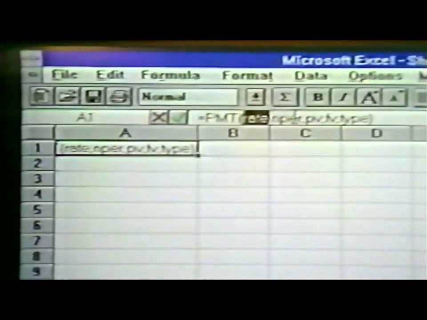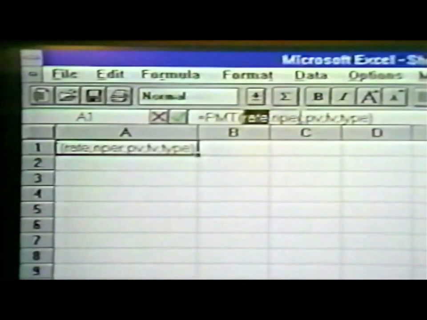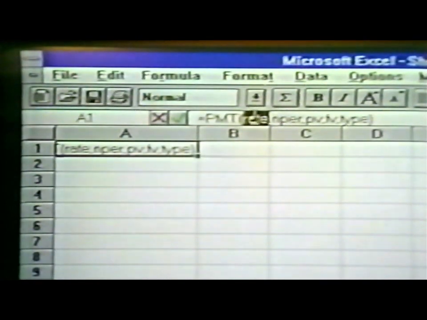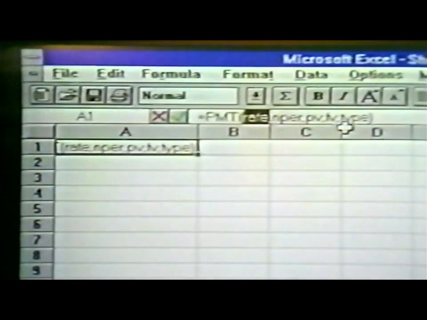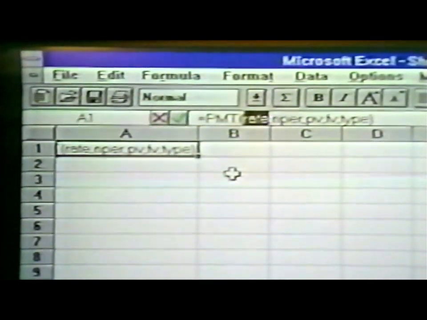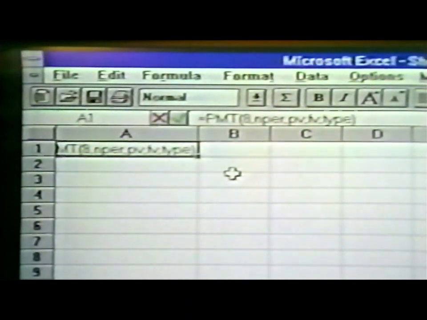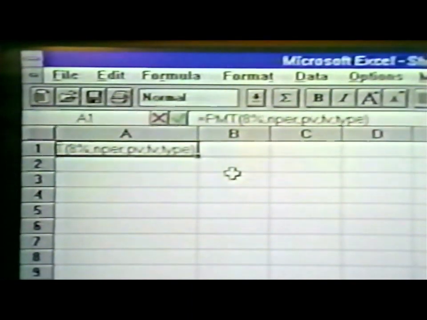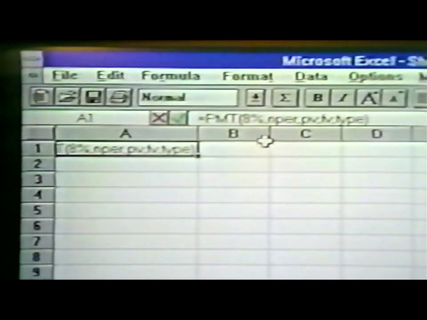Several different arguments or values that are necessary for the calculation are indicated. This shows us what order the values need to be typed in. This word is selected, and we can just type in the value for the rate. Go to the keyboard and type in 8%. This will be the rate for our loan payment. Next one is the number of periods,